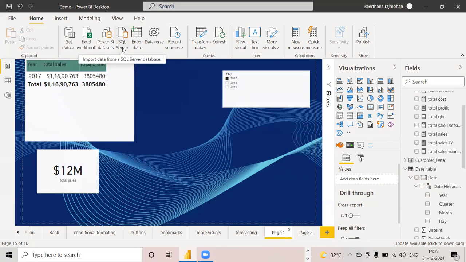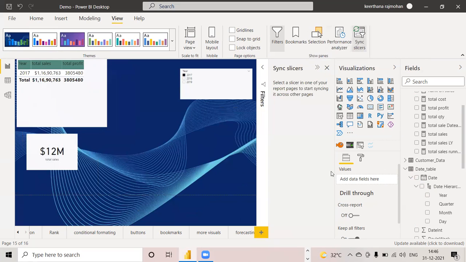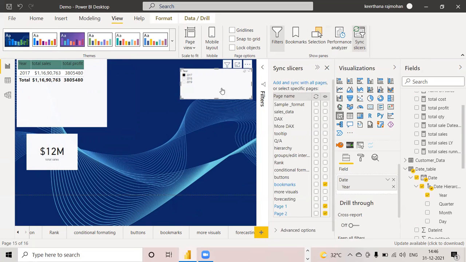In order to use that, go to the View tab. We have a sync slicer option here. Just click on that and then click on the slicer which we are going to apply. After clicking on this, you can see add and sync with all pages. If I click this, it will be applied to all the pages, but I want only page 1 and page 2.